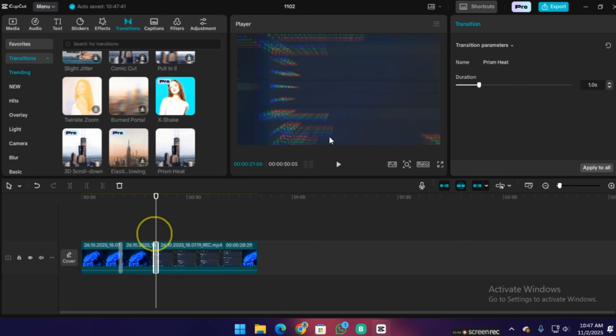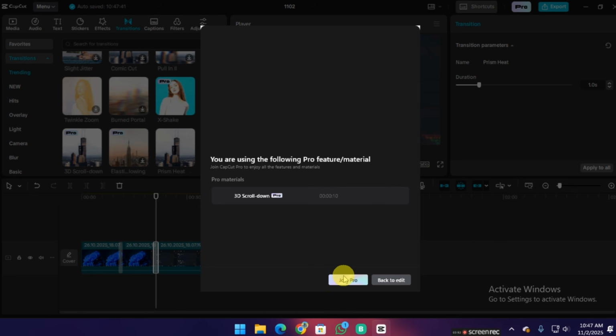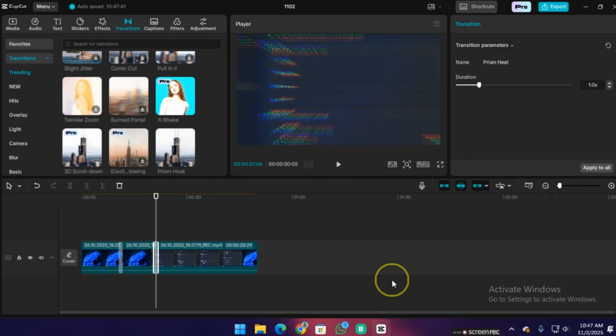And clicked on Export. Here it shows a pop-up saying, Join Pro to export.